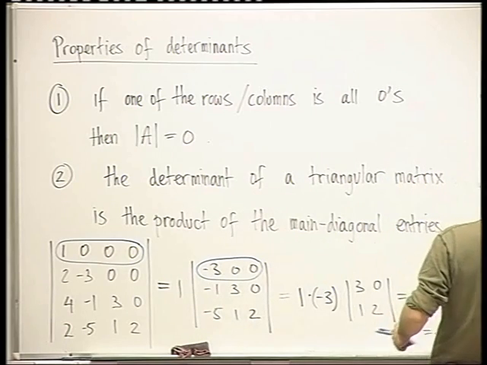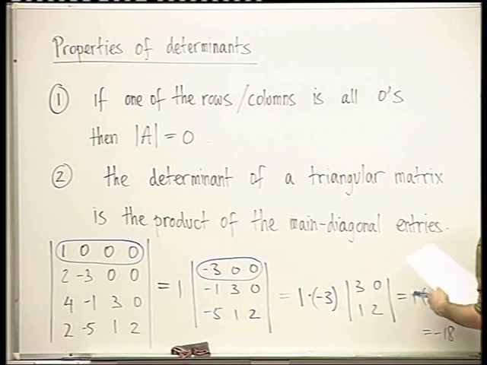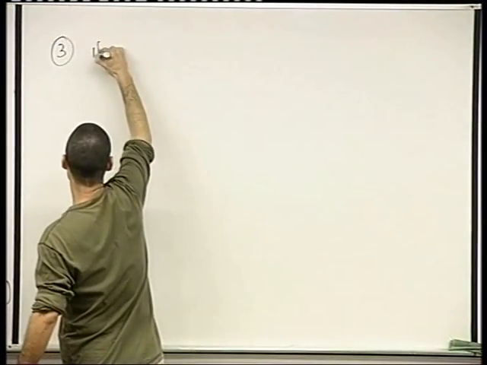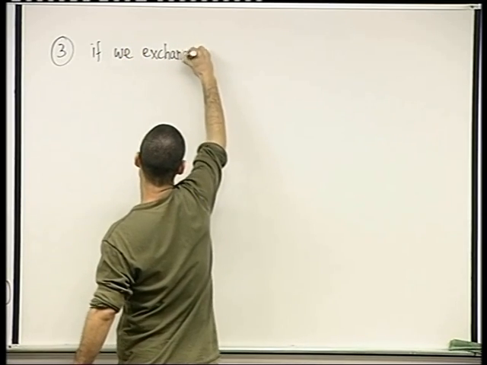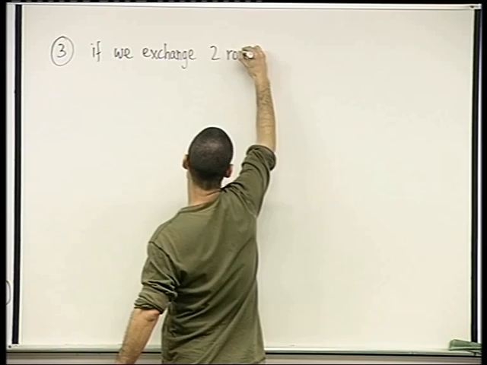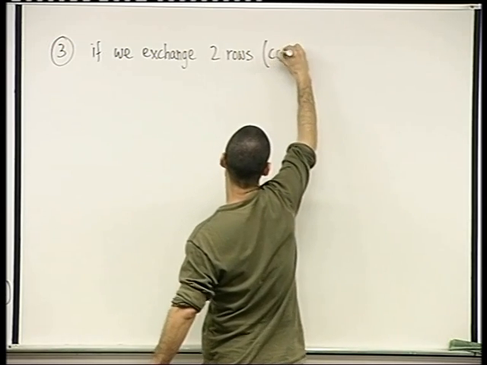So this was property number 2. Property number 3. If we exchange 2 rows or 2 columns,